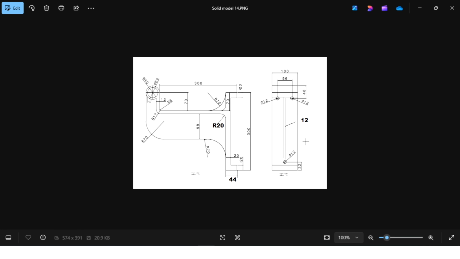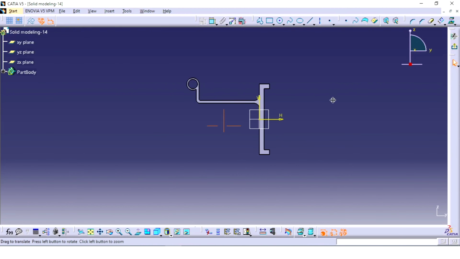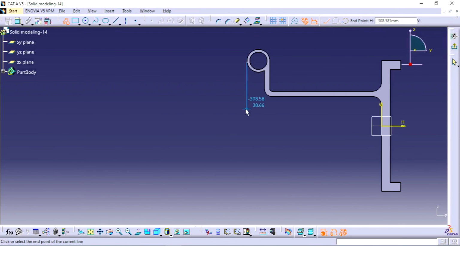Now we will create the stiffener, this one and this one. Here it is a tangent line to this one and 70 mm. Here it is also 70 mm and 90 mm, 98 mm from here. So we will create the profile for the stiffener. Click on the YZ axis, click on the sketch, create a line here,